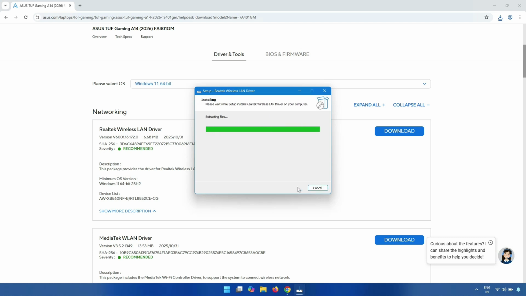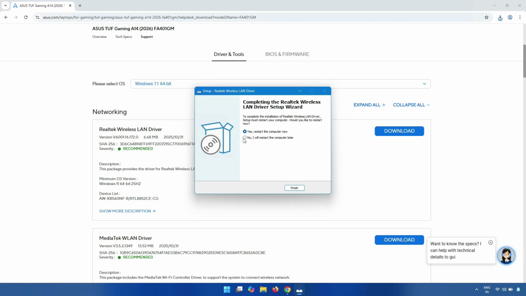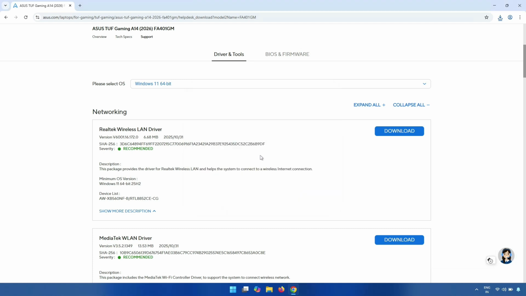Yeah, select yes, otherwise just no. When you install any driver, restart is mandatory, so you have to restart and then check it. Then next,